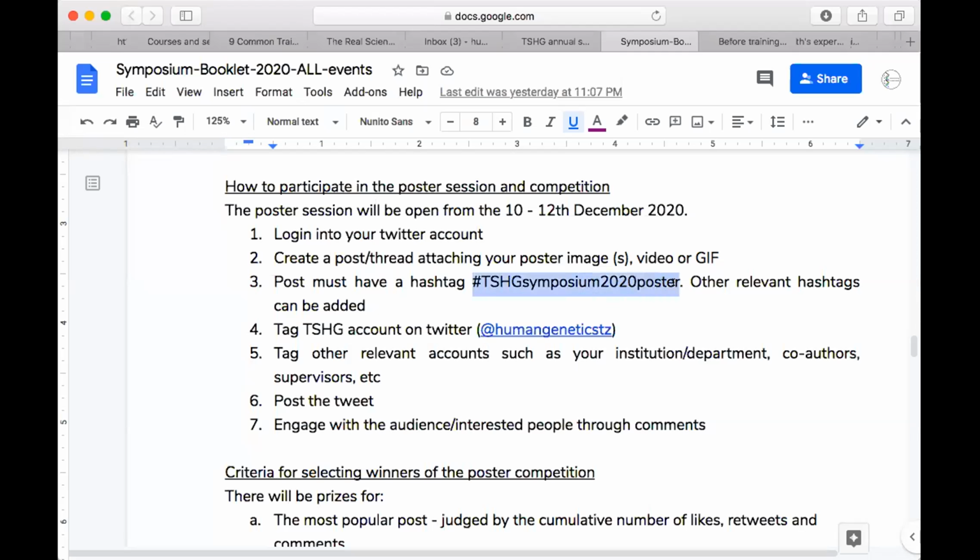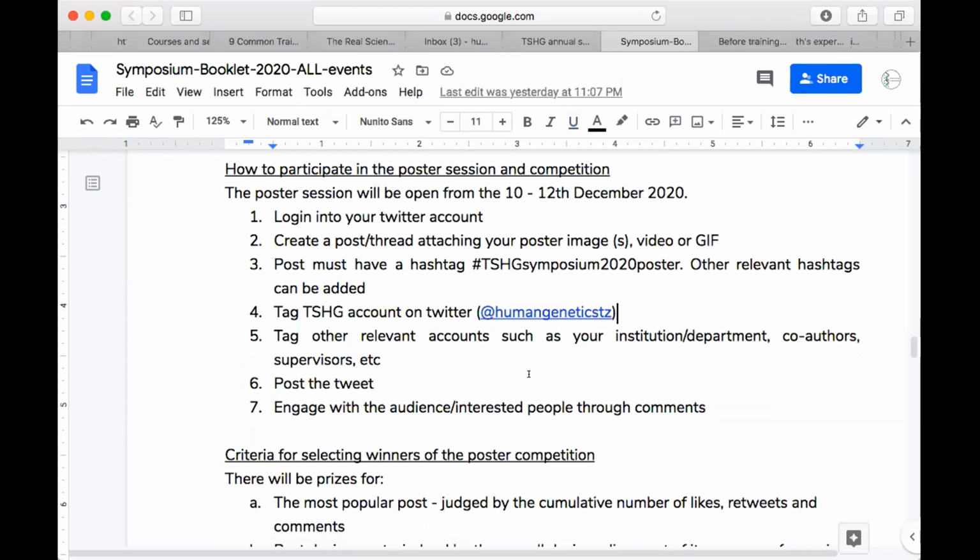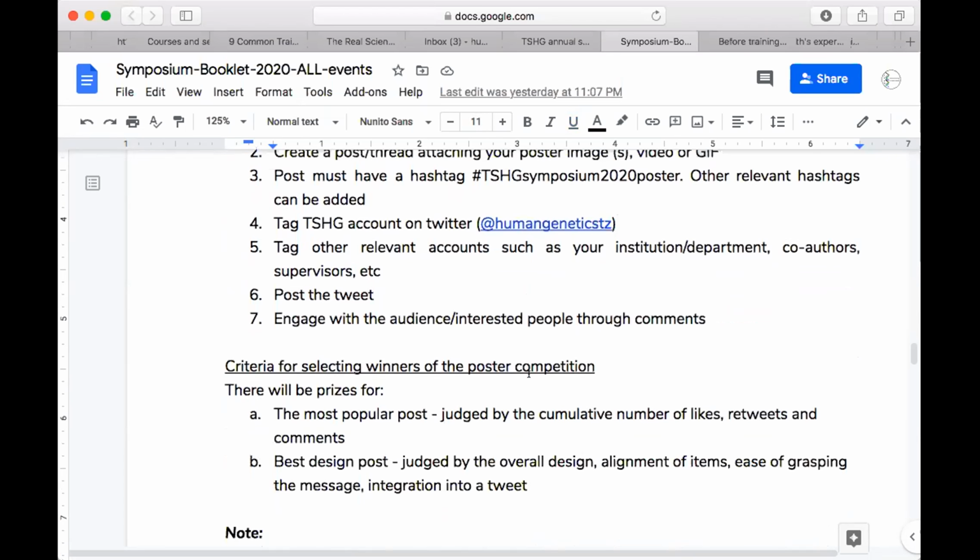This is the most important part. So we are able to count your poster. You can add other hashtags, but this has to be there. Also, you have to tag us, Tanzania Society of Human Genetics, and this is the Twitter handle. You can tag other people, and then you post. You can interact with people in the comment section, and